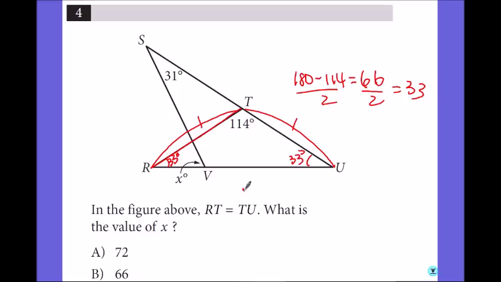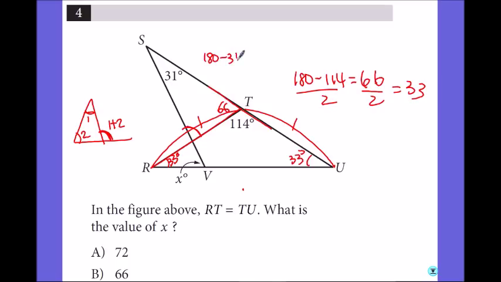What else do we have? If this is 114, an exterior angle, then it's the sum of these two. That's the exterior angle theorem. If you have a triangle with angles 1 and 2, then the exterior angle is 1 plus 2. So we know these two add up to 114. If you don't remember that, you can just find this, which is 66. The linear pair adds up to 180. And these three have to add up to 180 again. So it must be